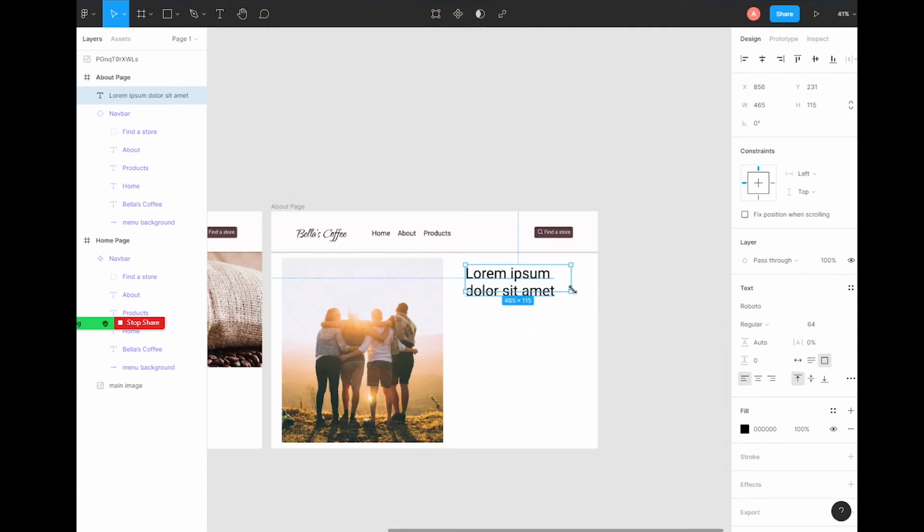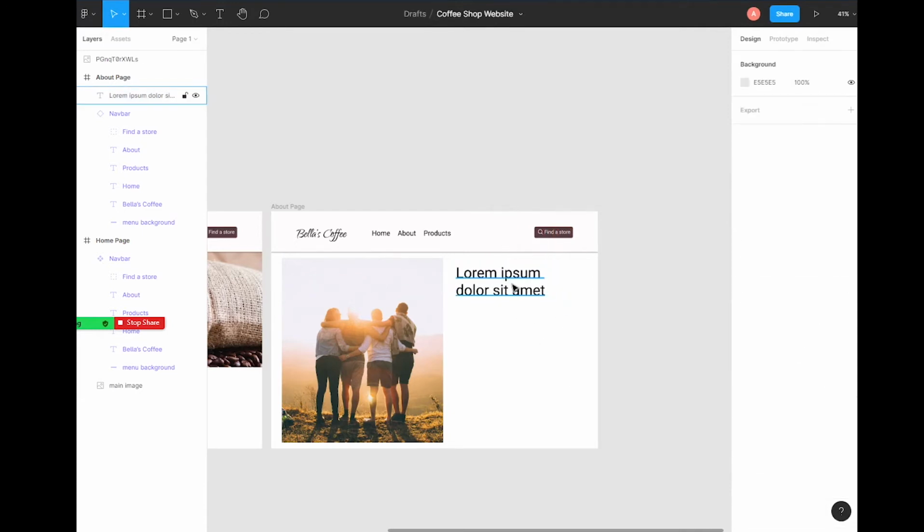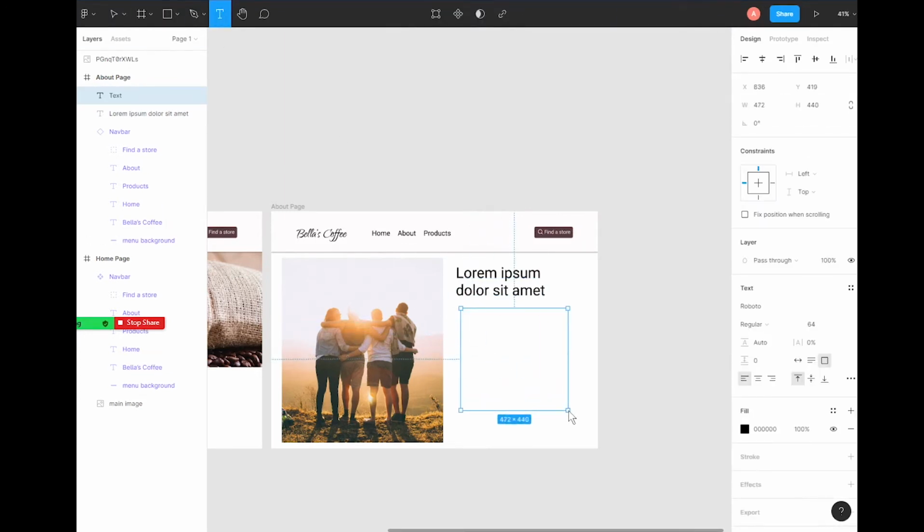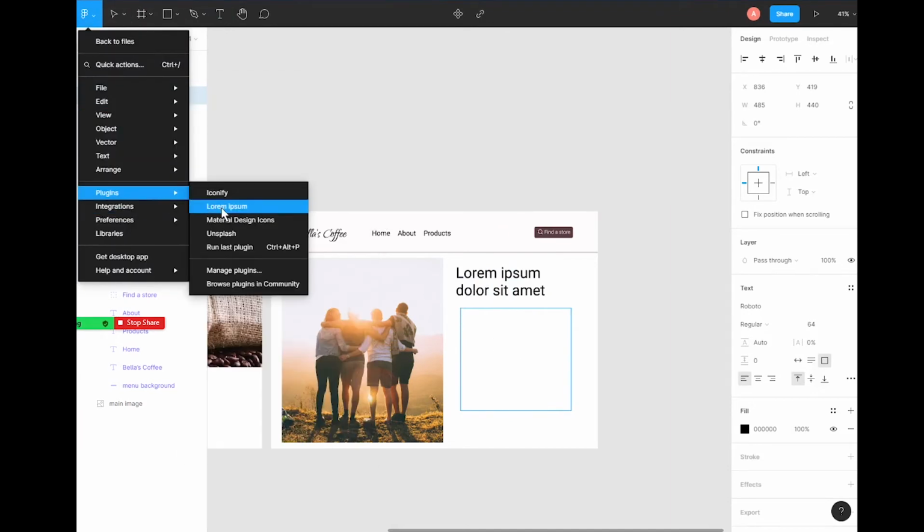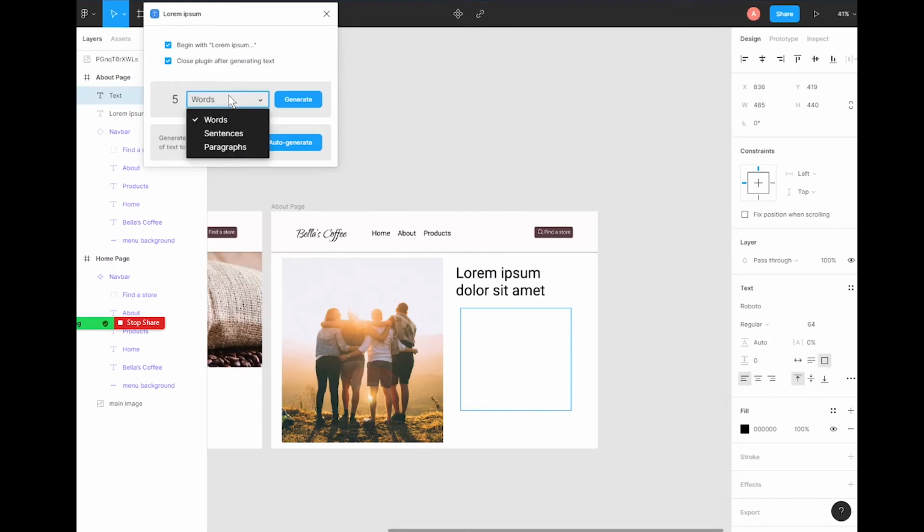Let's see. Yeah, I guess that's fine. We'll just move this over a little bit. Okay. So now I'm going to do this again for some paragraph text. So I'm going to go back to plugins, Lorem Ipsum, and this time we'll just do sentences, and we'll